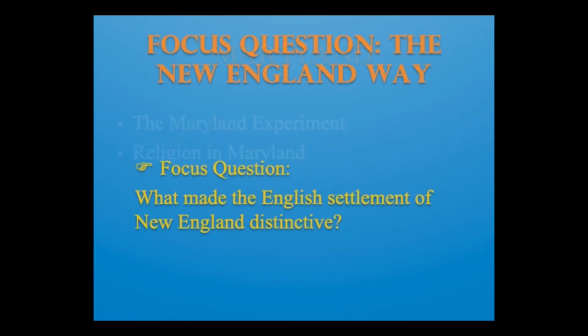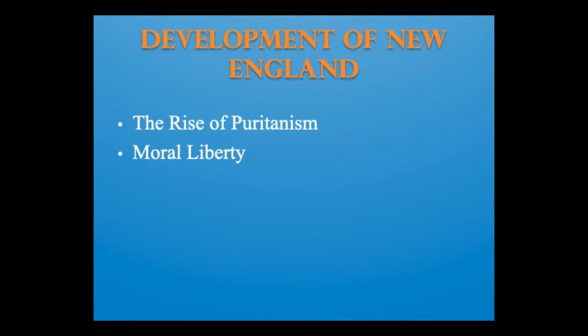Okay, so let's jump up the Atlantic coastline to New England. We're going to look at the New England way, and our focus question here will be: what made the English settlement of New England distinctive? Whereas Virginia and Maryland quickly became societies dominated by a small aristocracy ruling over many bound laborers, New England colonial